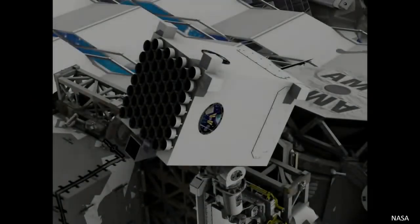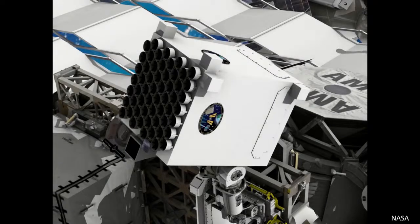This is NICER, an experiment on the International Space Station. NICER stands for Neutron star Interior Composition Explorer. Its goal is to observe X-rays from neutron stars in unprecedented detail so that astronomers can try and work out their internal composition. By timing with exquisite precision exactly when X-rays arrive as the neutron star rotates, astronomers have been